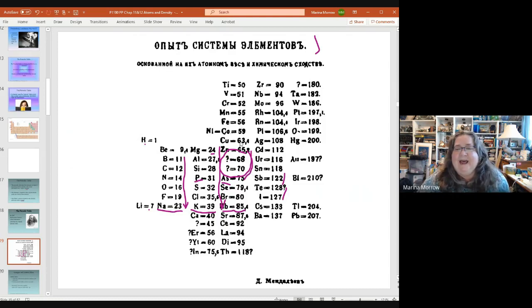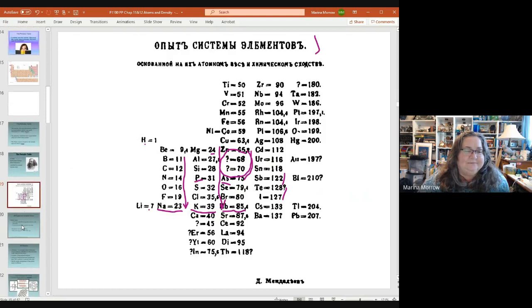So anyway, that's how the periodic table started out, was him looking at the importance of the properties that repeat periodically. And why do they repeat periodically? Because of the number of electrons in the outer shell. Those are the ones that perform chemical reactions. And those are the properties that they were looking at. Okay, now,